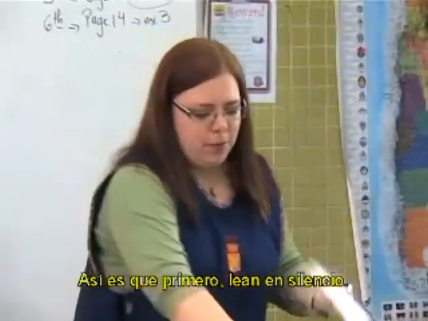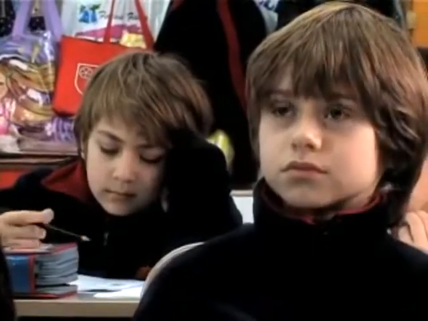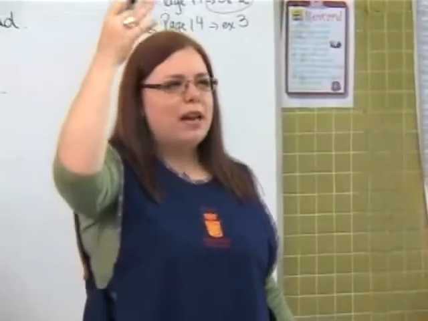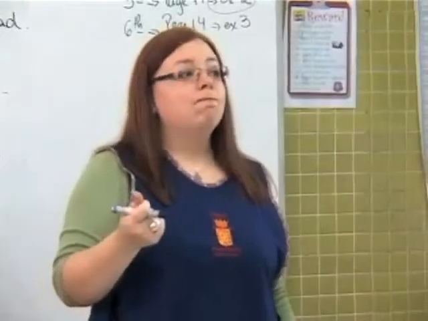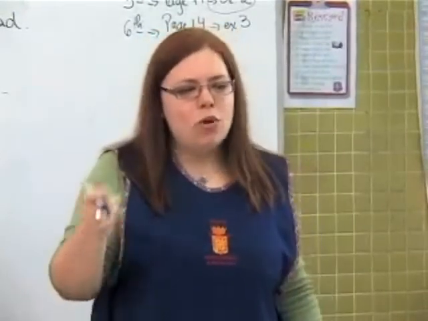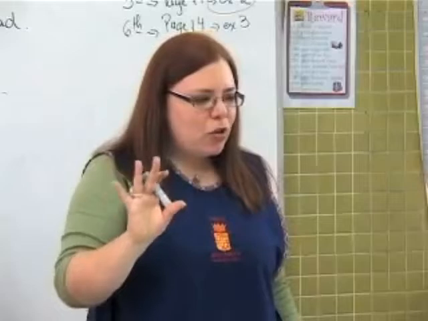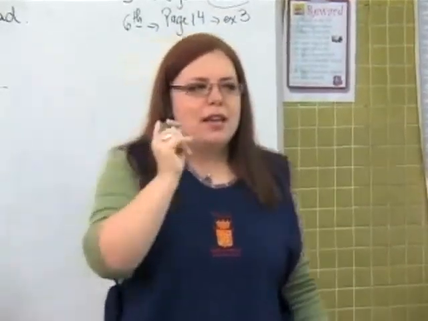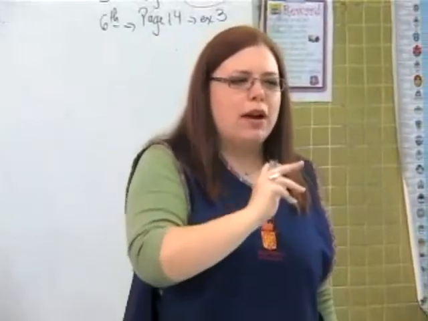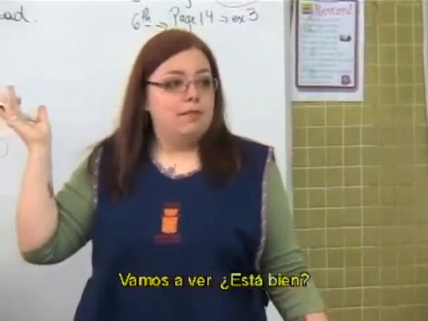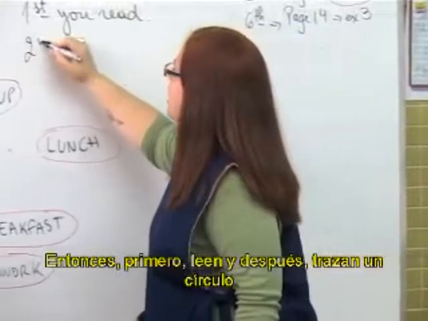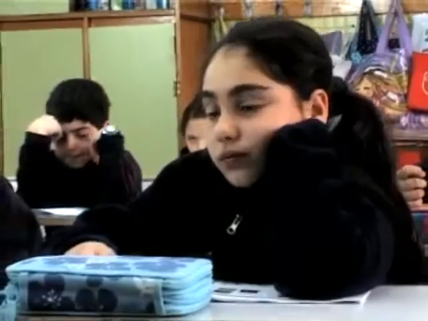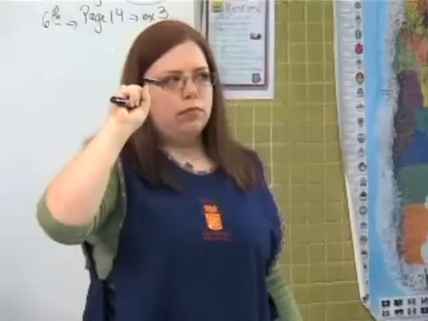So, first, you read in silence. Y leemos todo. Ya con el primero, ¿leo y ya empiezo a hacer circle o me conviene leer todo y saber de qué se trata? Primero hay que leer todo y saber de qué se trata. Una vez que nos dimos cuenta cómo viene la cosa, ahí recién voy a ir detalle por detalle, palabra por palabra y a ver si me doy cuenta por qué va algo y por qué no va lo otro. Ahora me van a decir ustedes. We'll see. Alright, so first you read and second you circle. Alright? Yes. Fantastic. So, 5 minutes.